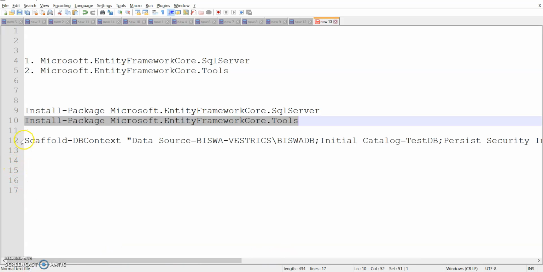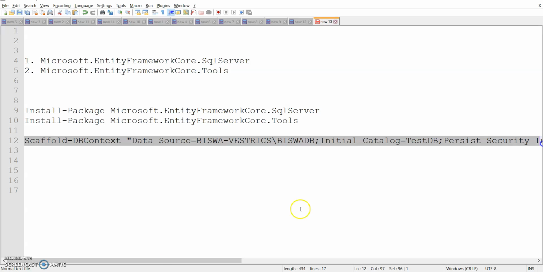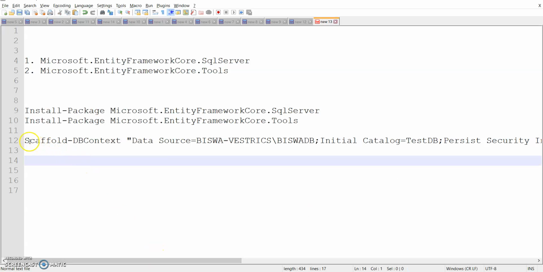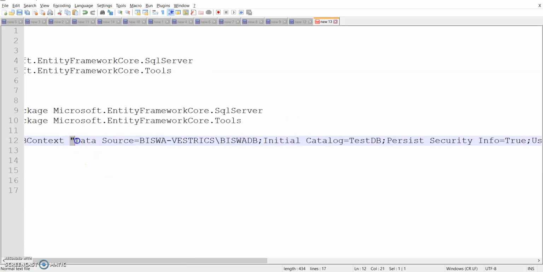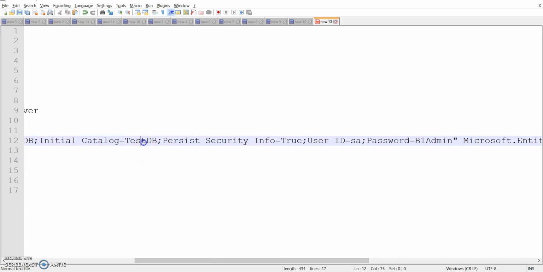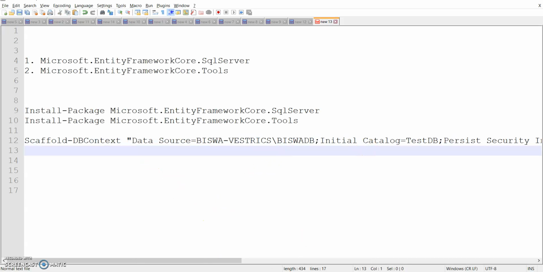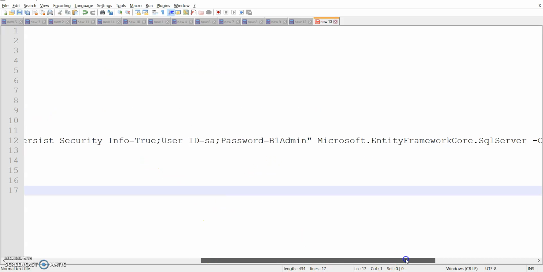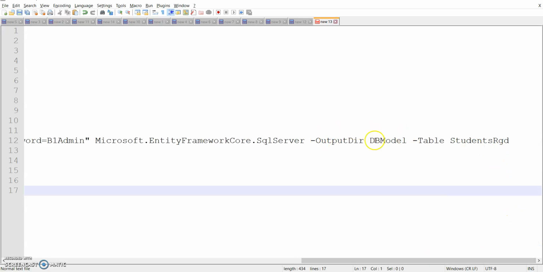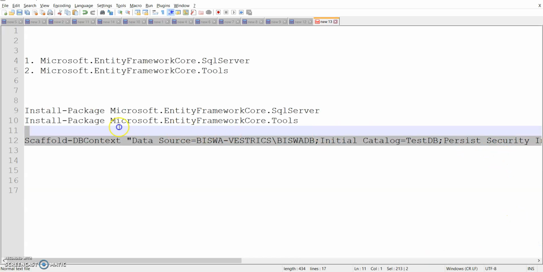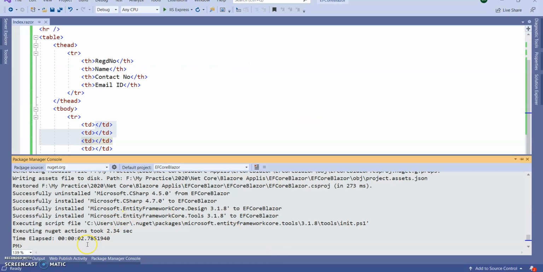We have this inbuilt command, Scaffold-DbContext. Then in double quotes, what is the connection string? My connection string has my server name, database name, user id, password, everything. I will just copy paste it to the console, then I will explain.